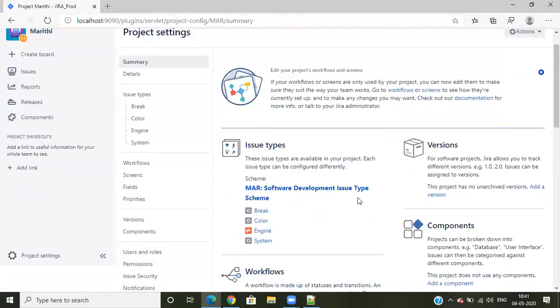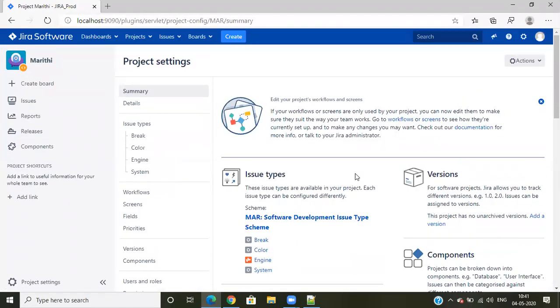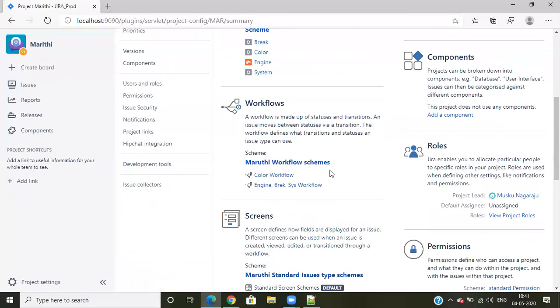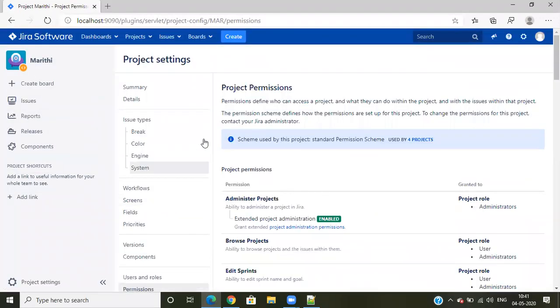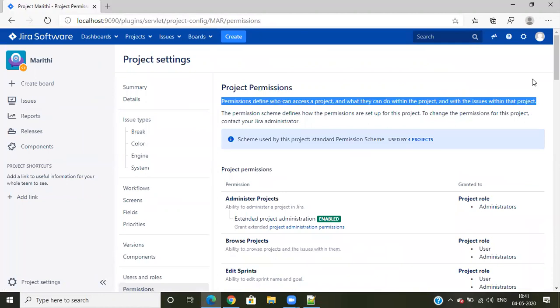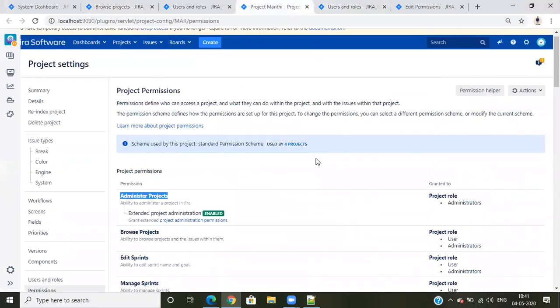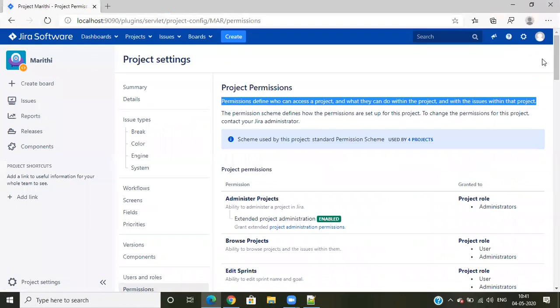So he can see all this, but he cannot do anything here. So these project administrators are project managers. If I open, suppose, permission schemes only, I'll open this, but I'm not able to see any action here. But as a Jira administrator, if I open any project roles, I can see this helper and action or something. But a project administrator can